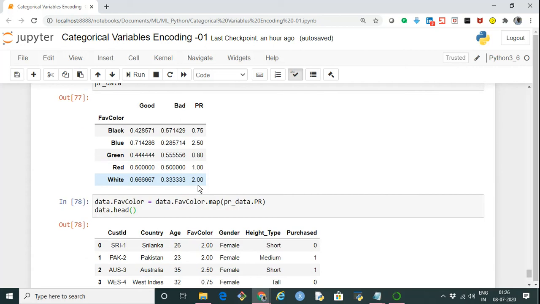So in this way, we have seen the different methods we can use to encode a categorical variable. Now there is no golden rule that we have to follow one particular approach all the time. Depending upon the scenario, how the data is distributed, and what type of categorical variable it is, we have to try out the different methodologies, see which works best, and accordingly take it from there. So that's it for now.